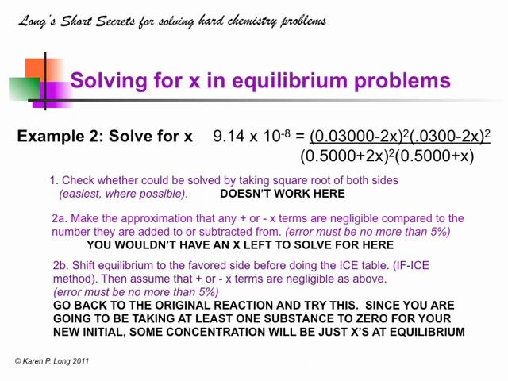So, what about shifting to the favored side before doing the ICE table? The equilibrium constant here is small, so which side is the favored side? Right? Reactants. Okay, so we'll do that. Now I haven't shown you the original reaction equation nor the ICE table here, but let's assume we can do that. We'll shift it to the reactant side and then create a new ICE table. Then we will assume that the plus or minus terms are negligible.